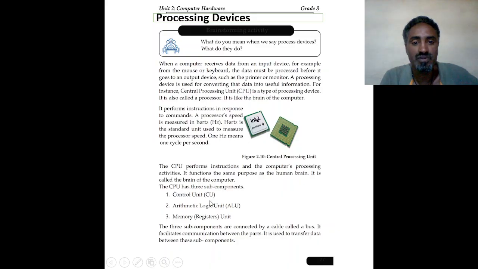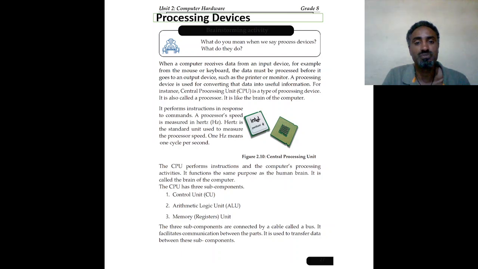They perform different tasks. The major tasks of the brain of the computer are performing instructions and responding to commands. How does it perform? Based on the instructions given. If we make a mistake, the computer also produces a wrong output. Therefore, we have to be careful when we feed or input the data.